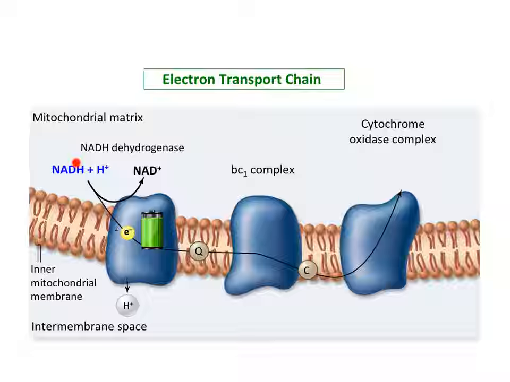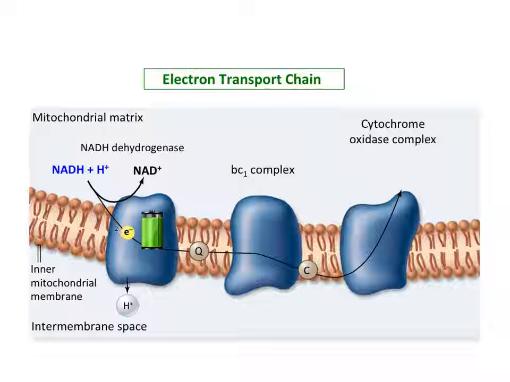So NADH comes and it donates its electrons to the first protein in the electron transport chain. So the pair of electrons are given to the first protein, and NADH is restored back to NAD+. So this is very important because now NAD+ can go on and go back to glycolysis, or go back to pyruvate oxidation, or to Krebs cycle, which need this NAD+ in order to continue. So here the NADH is recycled back to NAD+, and the electrons are given to the first protein in the